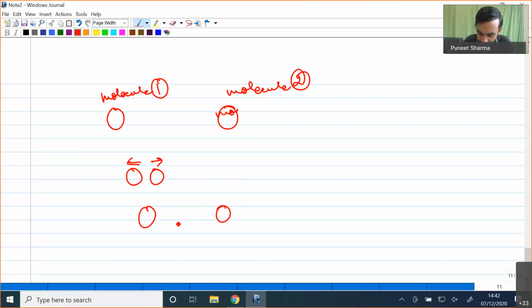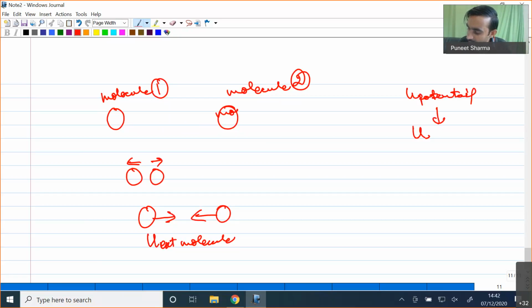When they are close enough to each other but not very close, they will have some attraction forces. Okay, so the interaction from molecule to molecule is what is considered as U external molecule. Then comes the concept of U potential, and this particular U potential I have taken within